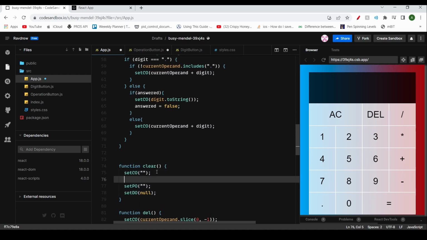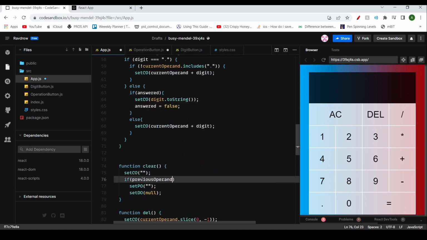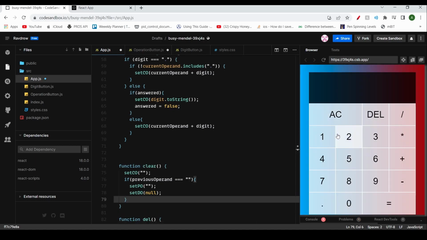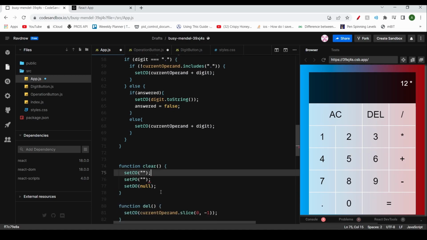So maybe what we need to do is do this so that this only clears this if the previous operand is equal to nothing. Which actually makes a lot of sense, because if you think about it, if the previous operand doesn't have anything in it, then, wait, this did not actually fix the issue. So maybe, so we were at this point, right? And so we do now have, okay, so now that we've added these two,